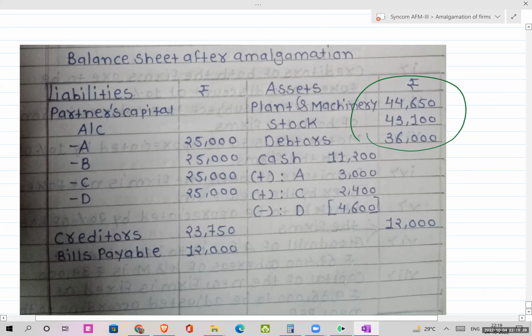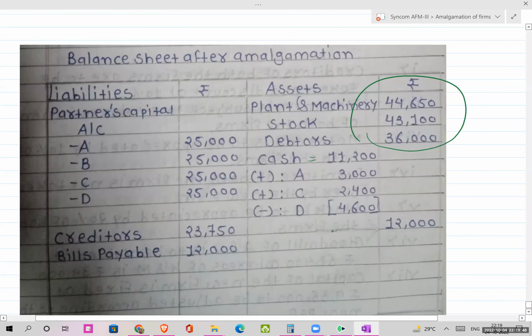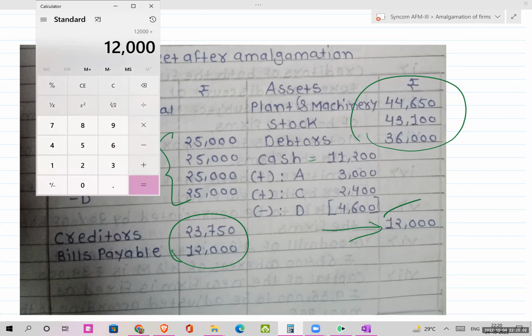ओके, और वो जो कैश है पीसी में, टोटल कैश 11,200, उस पे वो ऐड होगा. 11,200 प्लस ए से जो कैश मिलने वाला है 3,000, प्लस सी से जो कैश मिलने वाला है 2,400, प्लस डी को जो कैश हम पे करने वाले 4,600. तो मेरा टोटल कैश कितना होएगा? 12,000. ओके, दिस आंसर. और ये तो मेरा रिस्ट्रक्चर्ड कैपिटल है 25,000 ईच, और ये मेरा पीसी का टोटल है, क्रेडिटर्स एंड पेएबल, बिल्स पेएबल. ओके, so this is how